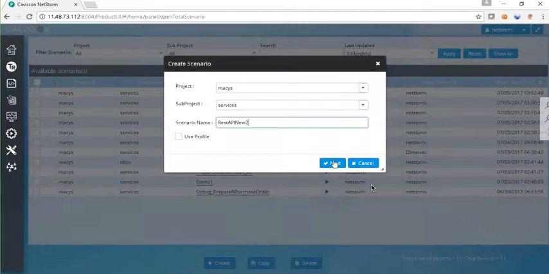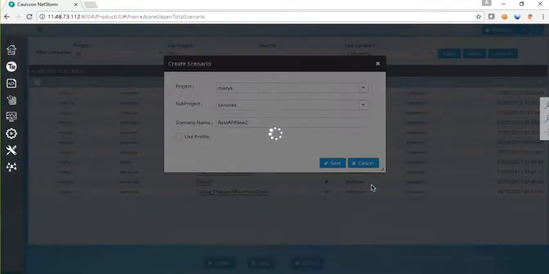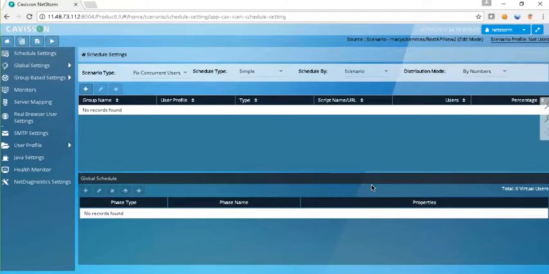After this click on the next button. So this will create a scenario named REST API new 2,